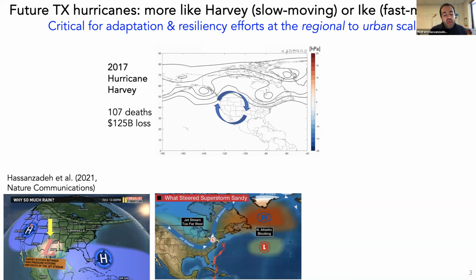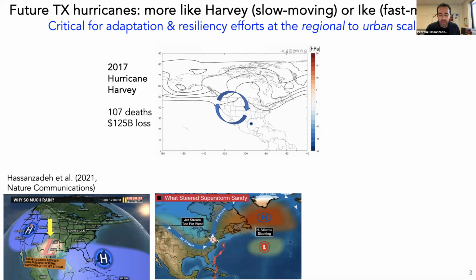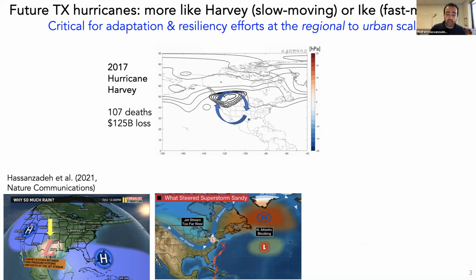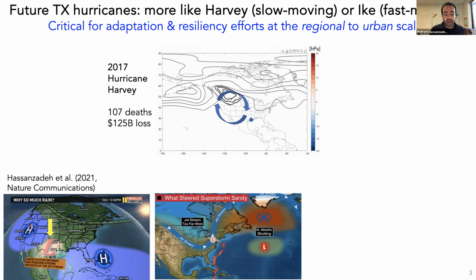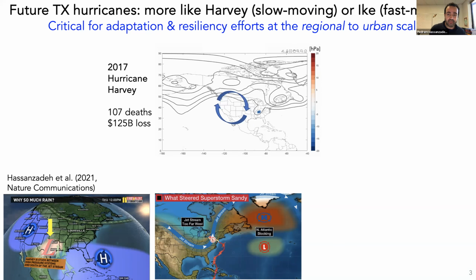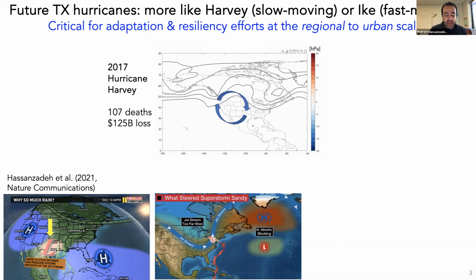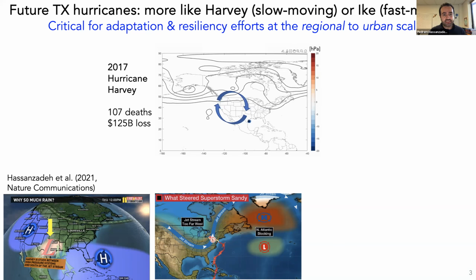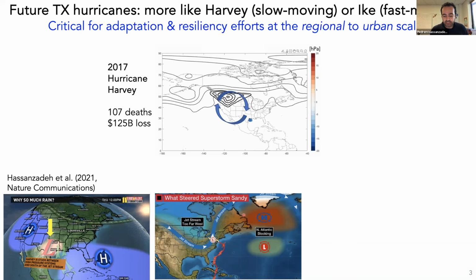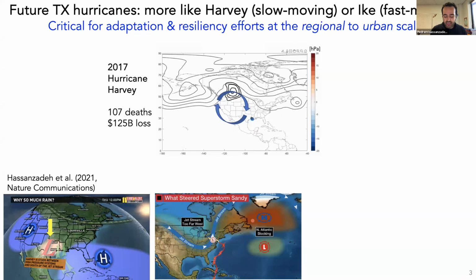Just to give you another example, you might remember that in 2012, there was major disagreement between the European and the US weather models about the path of Hurricane Sandy. Sandy was moving north, but suddenly it made a 90-degree turn and made landfall in New York and New Jersey, as the European model predicted. And it turned out, again, this was because a high-pressure system, a blocking event, showed up here and